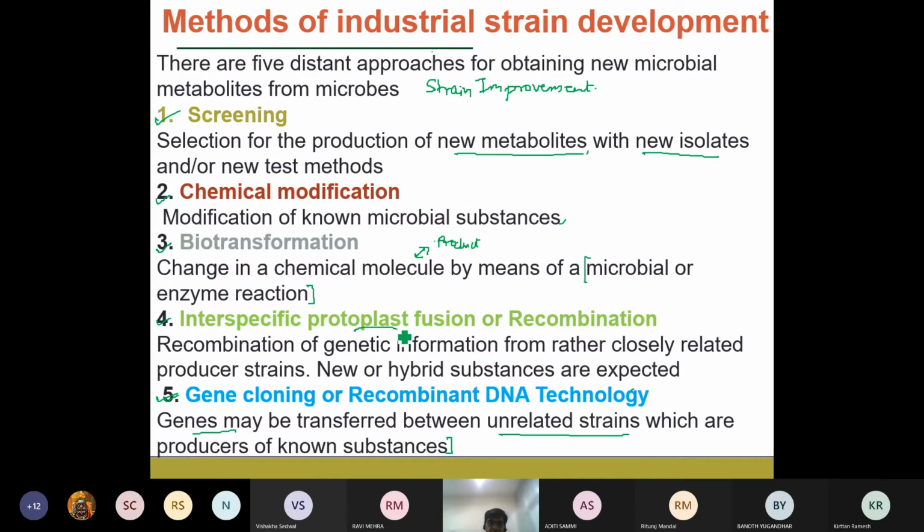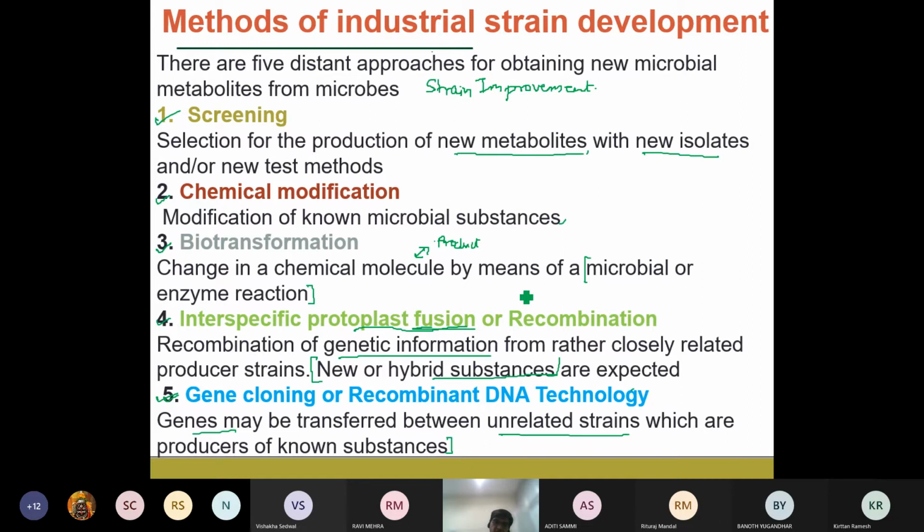Generally, we carry out the protoplast fusion. So we look into details how we can fuse two different protoplasts so that the genetic information is combined, okay, and new or hybrid substances are actually produced. So this is one of the approaches. So these approaches will actually change depending upon the cells, because you know that cells can be of two types. In the plants, we have plant cells. In the animals, we have animal cells. So the techniques of these modifications differ, okay, and also plant cells are used in bioreactors for the production of particular chemicals.